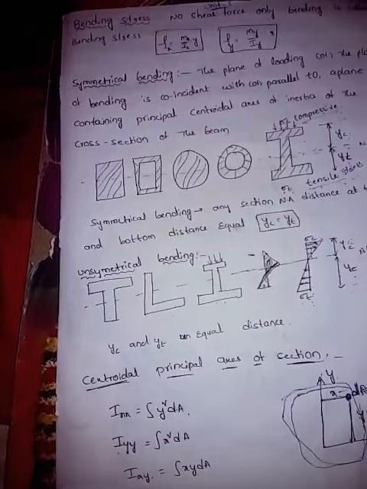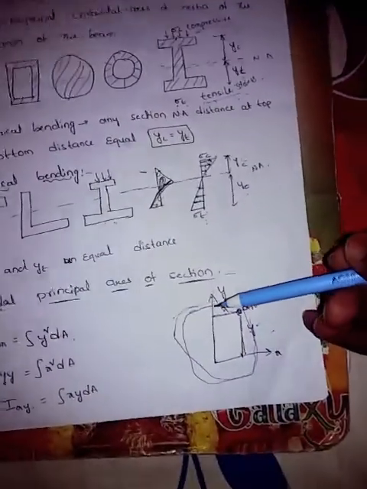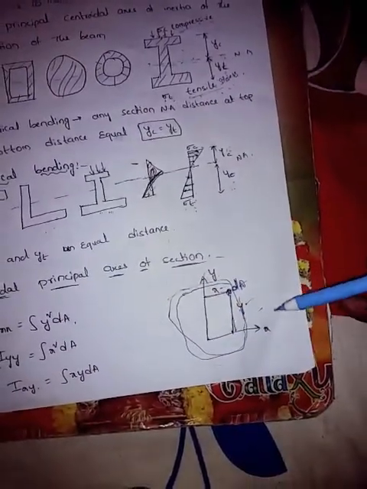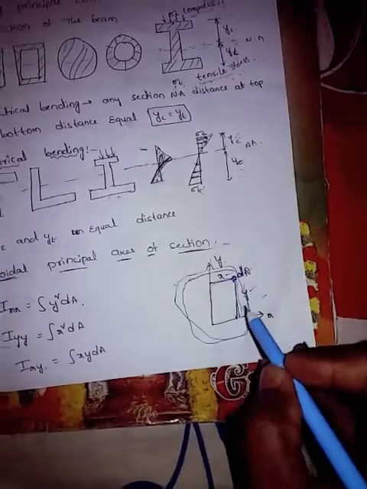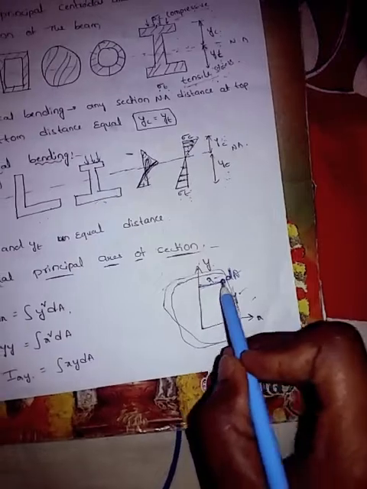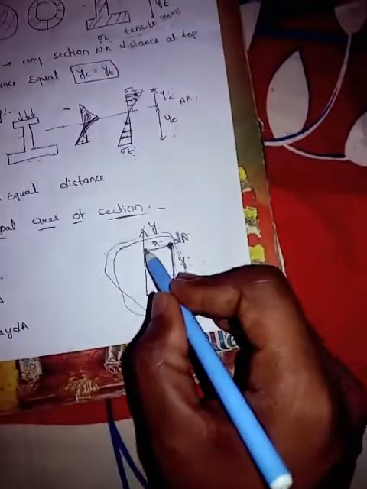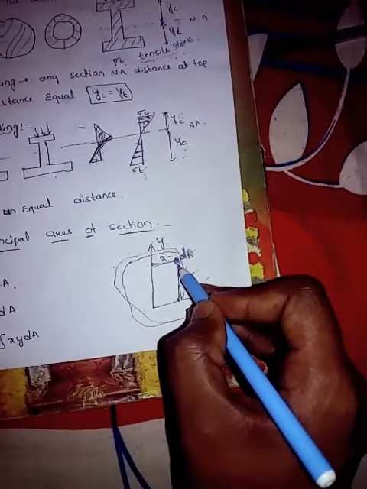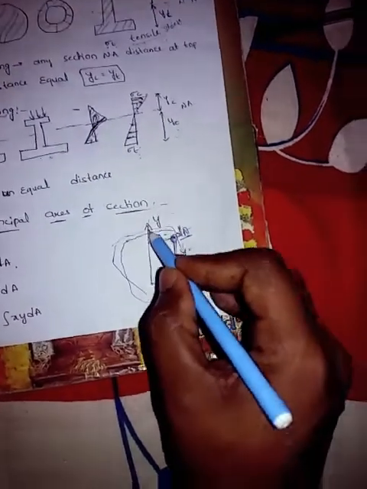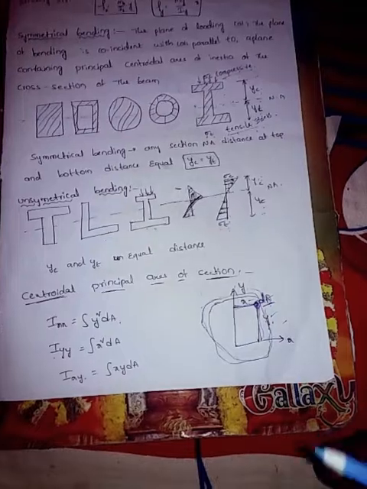Next we explain the center of gravity, that is, the central principal axes of the section. Here we draw one diagram with the x and y expressions. Draw a rectangular column. The horizontal member is the x distance and the vertical member indicates the y distance. We consider one elemental area dA. This is the centroid. The centroid has two coordinates, one the x expression and the other the y expression.